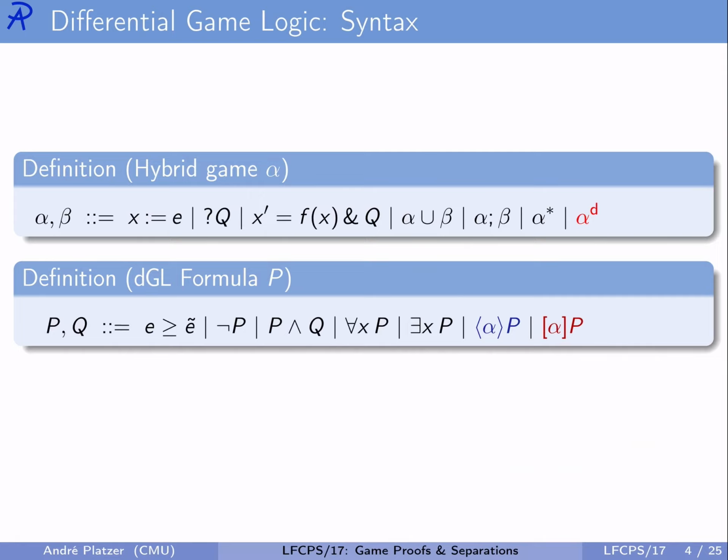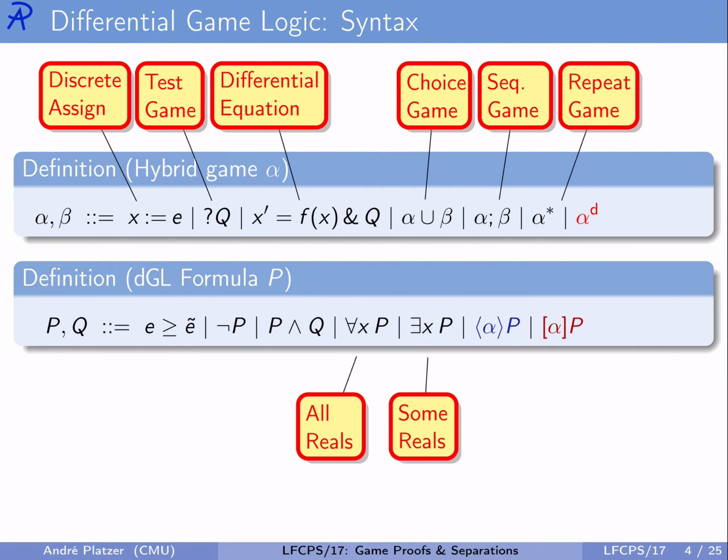Remember, we've seen differential game logic with the hybrid game language and the differential game logic formula language, where most operators are, as usual, discrete assignment, testing a logical formula for whether it's true at the moment, which is Angel's fault if Q isn't true, following a differential equation under Angel's control within the region where Q is true, a game of choice between alpha and beta that Angel gets to decide which side she would like to play,